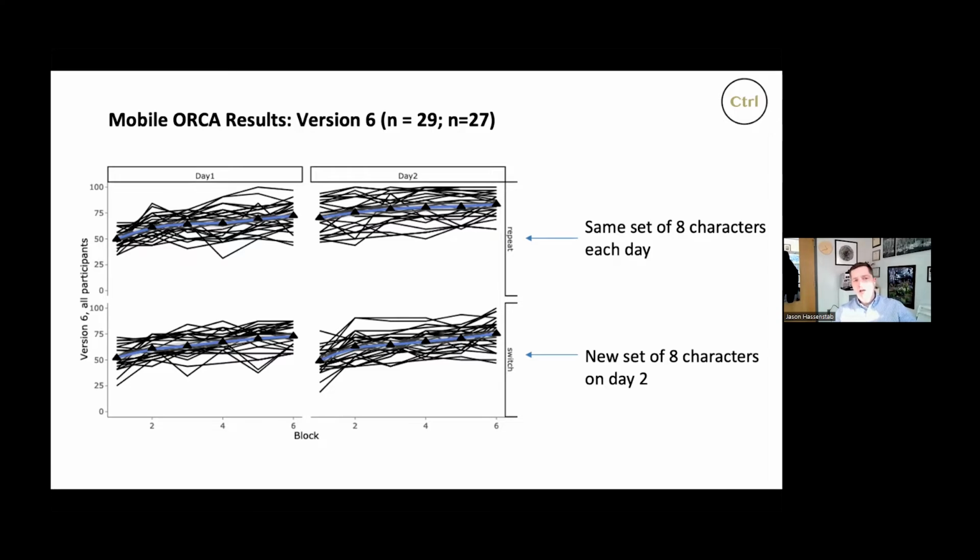And interestingly, when we gave them a different version on day 2, they totally reset back to baseline. There didn't seem to be any sort of familiarity effect, and there was no statistical difference between the maximum amount they learned on day 1 and day 2. So that carryover effect is definitely there. They sort of picked up where they left off the day before, and they continue on.